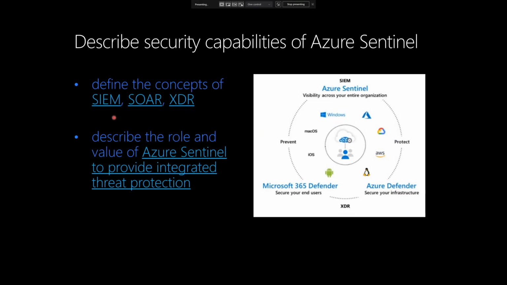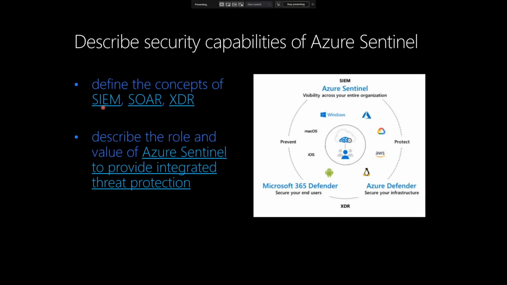All right, so we're going to talk a little bit about Sentinel. And you'll need to understand what a SIEM, a SOAR, and an XDR service are. So SIEM, or SIEM, depending on how you want to pronounce it. This stands for Security Incident and Event Management. So a SIEM system is a tool that an organization uses to collect alert data from across their environment. That may be on premises, it may be cloud. It may include hardware, but also software and other types of services. And the SIEM will then perform analysis on the data that it's getting. It'll look for oddities or anomalies, and it will generate alerts to your security operations team,